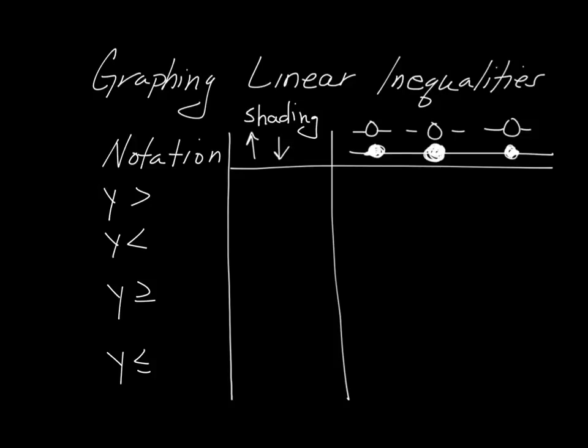Okay, so this video is going to be on graphing linear inequalities, and when we graph linear inequalities, more often than not, you should be in the form of y equals mx plus b. This is what we call slope-intercept form. Now, it doesn't mean that your teacher is always going to give you an equation that is in that form,